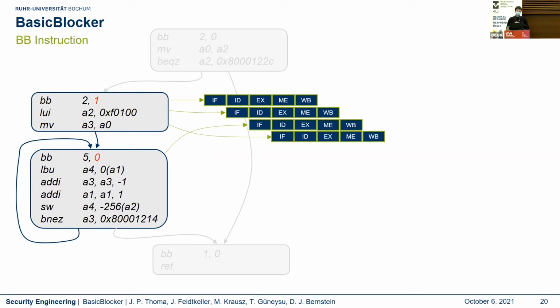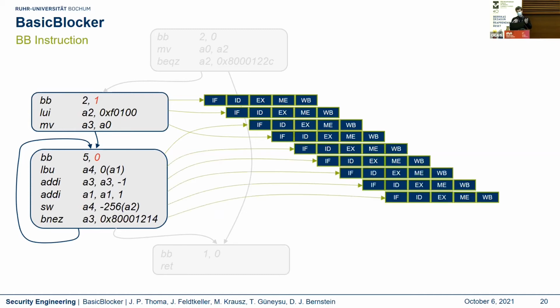When this is consumed entirely, then we have also decoded, in this example, the basic block instruction of the second block, so we can just continue with the second block without any stalling of the pipeline. But of course, this only works for consecutive basic blocks that are sequential, but not if we have any